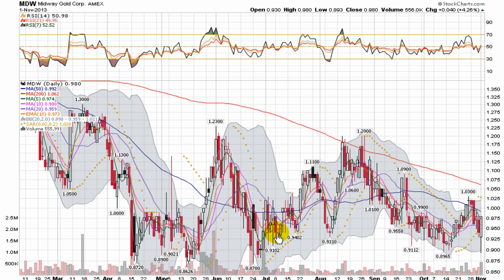You can see it's made some pretty nice moves off of that support in the past, so I want to pay attention to it going forward and see if it's going to try and make that type of climb again and go up and challenge those resistance points up around $1.20. And importantly, with the 50-day moving average and the 200-day moving average bearing down on the stock price, it could be a substantial reversal in the chart if it indeed can go up and make that move and challenge those